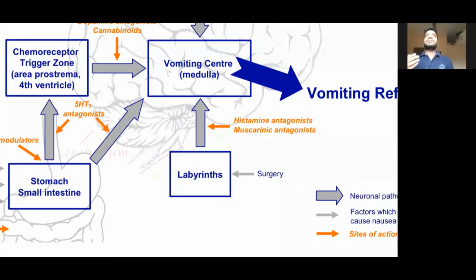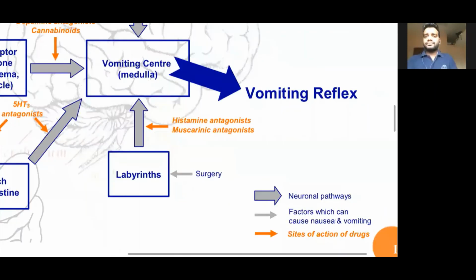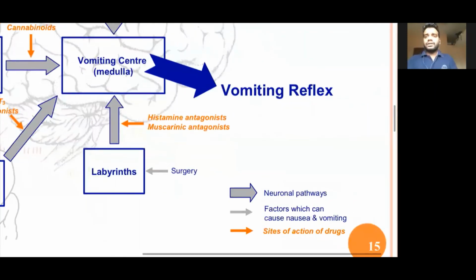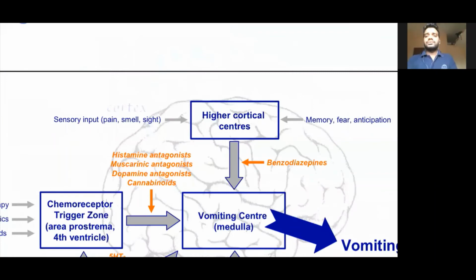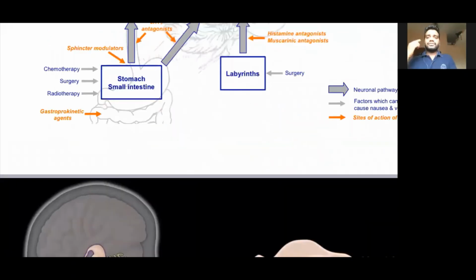Histamine like betahistine. Have you heard of this drug, betahistine? In BBS, I think Vertin is the brand name. Have you heard of that? No, sir. Okay, so that is a drug which can be used for the nausea vomiting that happens because of this